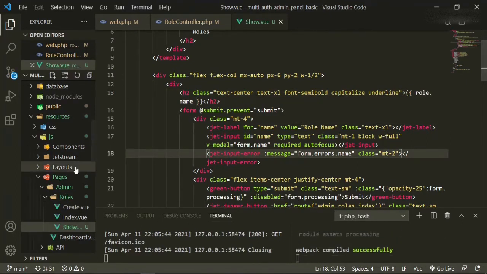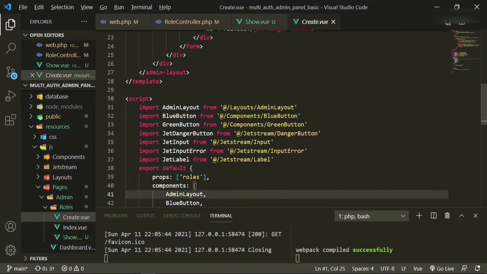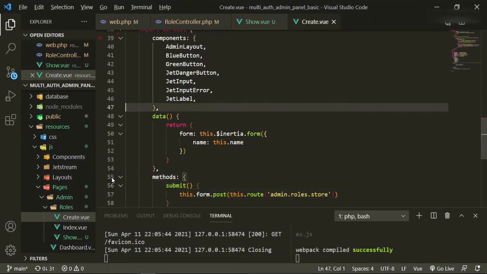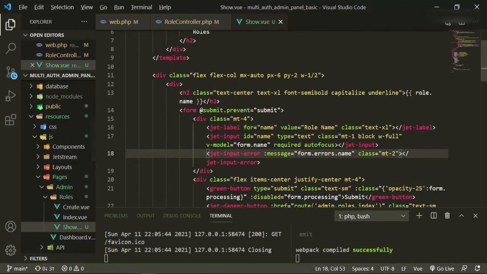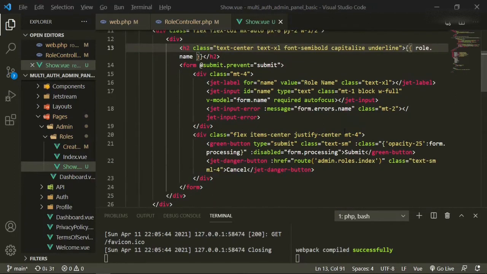And actually, while I'm at it, in this create method, we don't need that roles in here. Okay, so let's just take that out. So that was just a quick change. So now in here, we can keep the form function name submit, and all of this will be the same except for this submit.